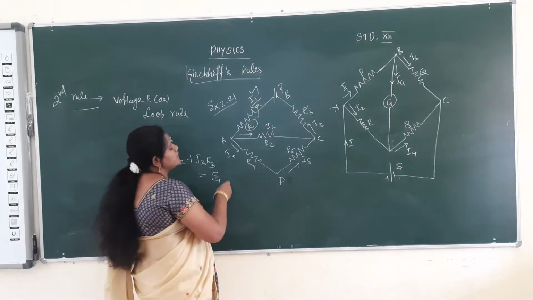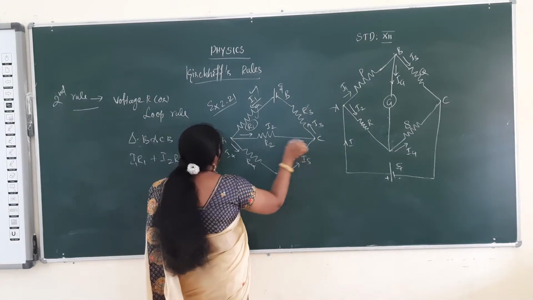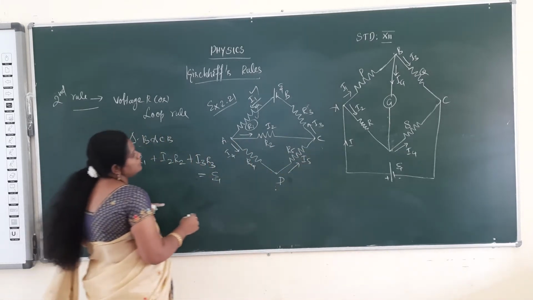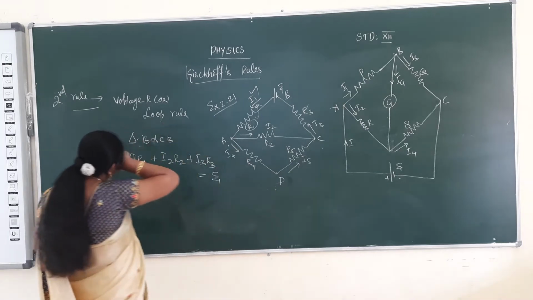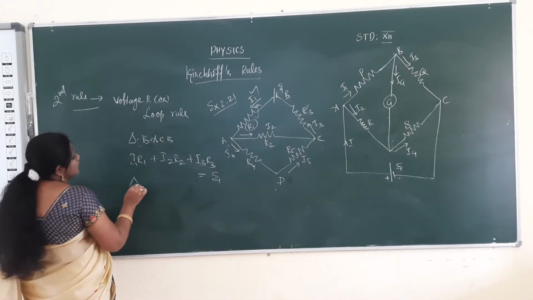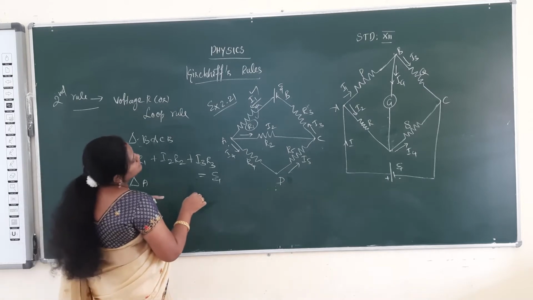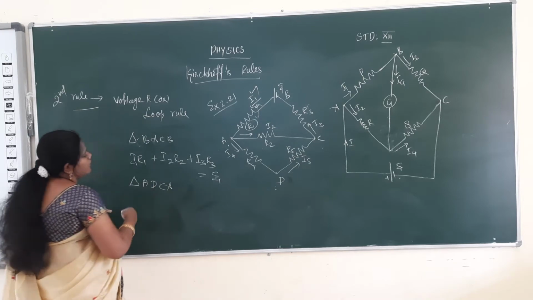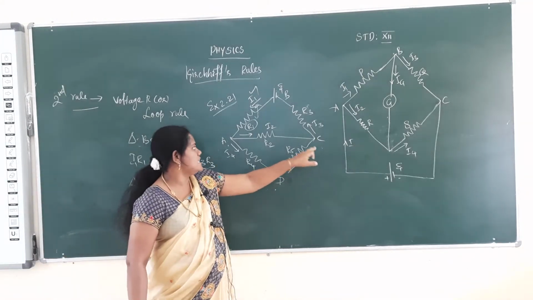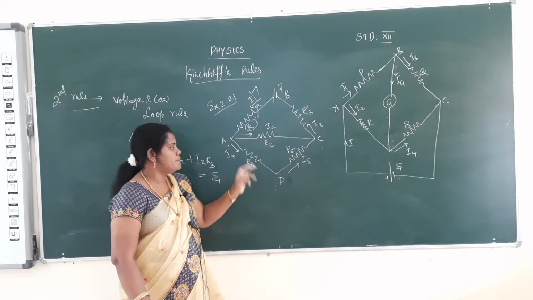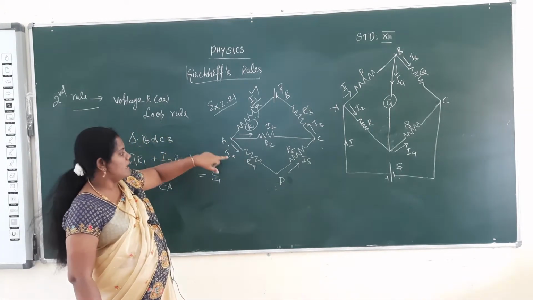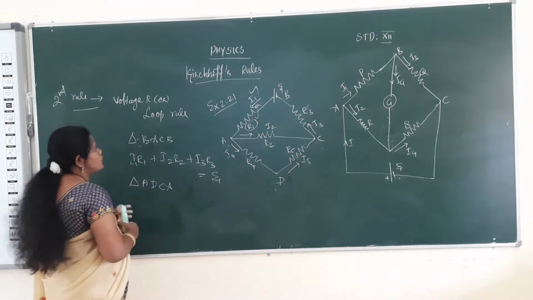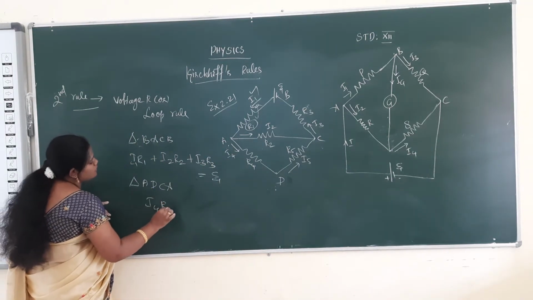Then we consider ADCA, that is, A, C, D, A. Now I can take the triangle ADCA. Okay, ADCA we consider. First start from A: the current is I4, the resistance is R4, and it moves in the same direction. So I4 R4,